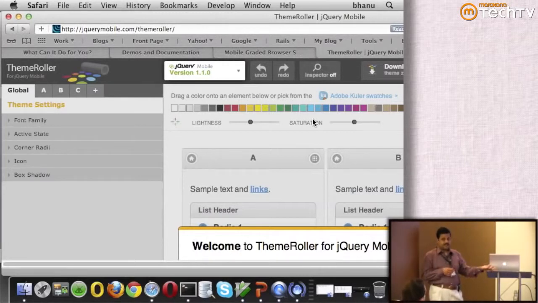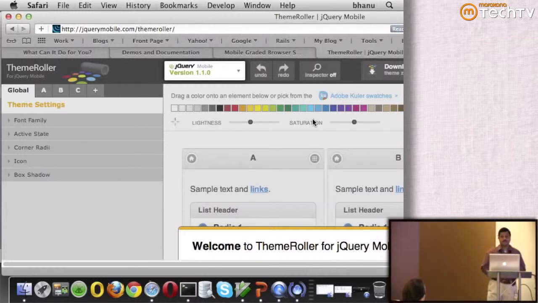And then further down the road, if you made any changes to it and you now want to import it into ThemeRoller because you want to make large scale changes, you can import your style sheet, make large scale changes through this, and again export it back to your application. So, this is a pretty good tool, especially if you are a development company working with a third party designer. So, this is a good interface between the two teams.